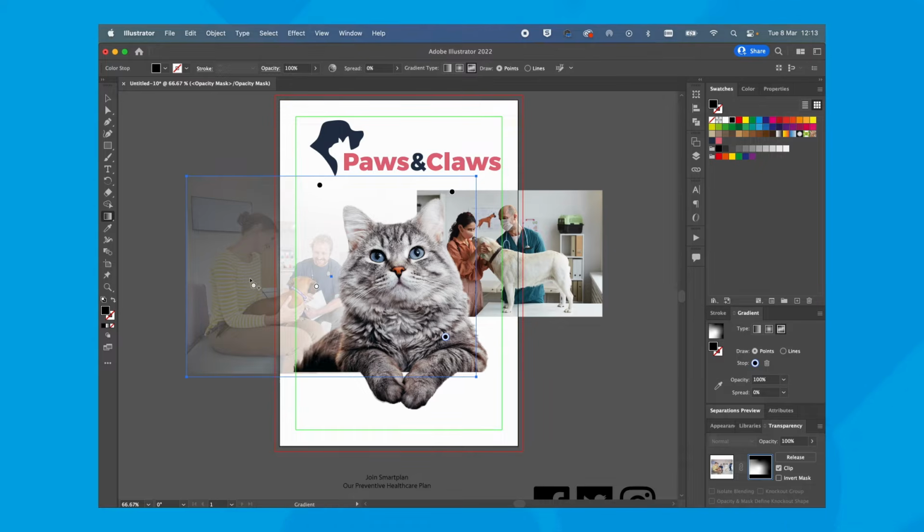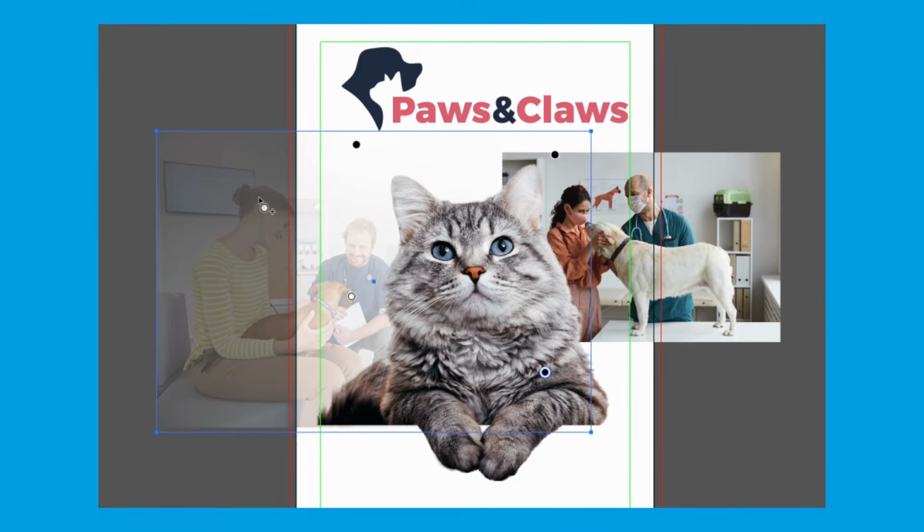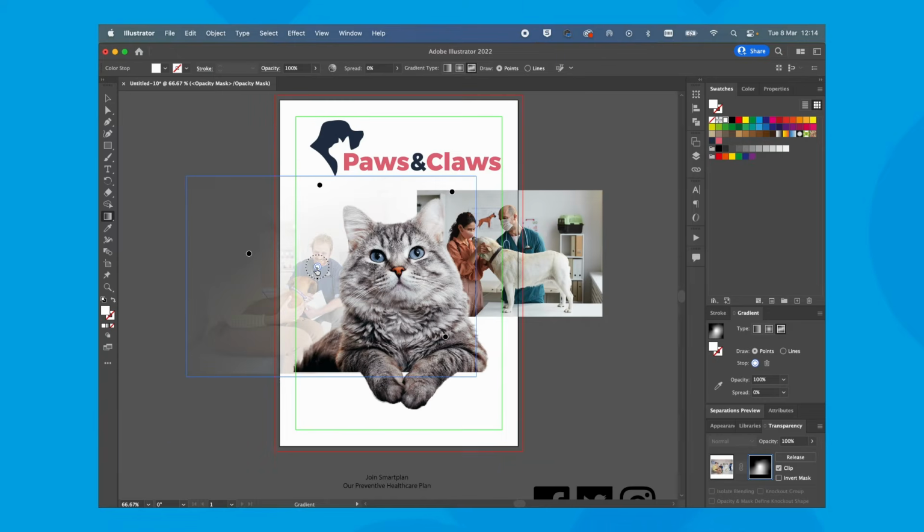It doesn't matter so much about this side of things because it's off the canvas, but I think it probably wouldn't hurt to add one more point here, just in case I've got a bit of this image creeping in. I probably want to get rid of this section of the image. So if you look at my cursor now, it's automatically got a plus point on it. So if I click, it creates another point, and I'll drag that in a little bit there. You can see what it's doing to the image. And I'll maybe just push this white up, so you see it strengthens the guy and the dog.